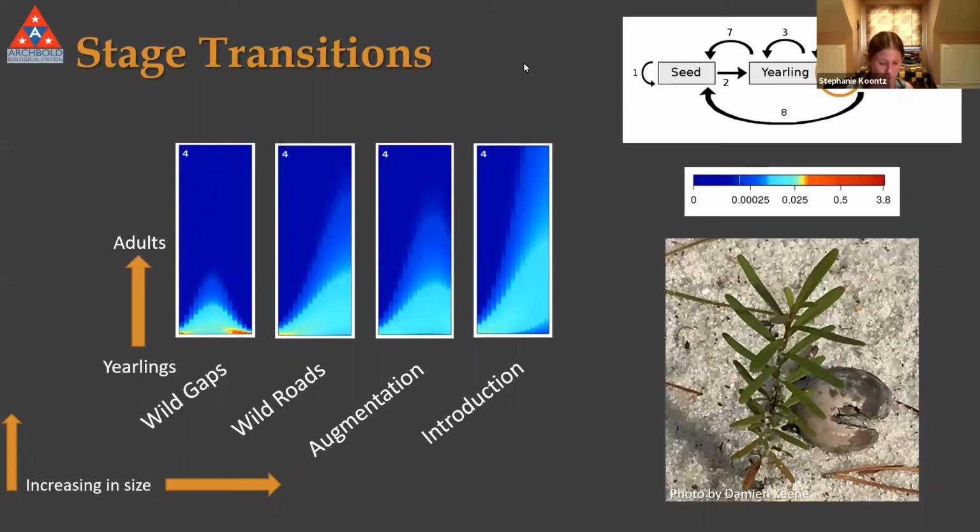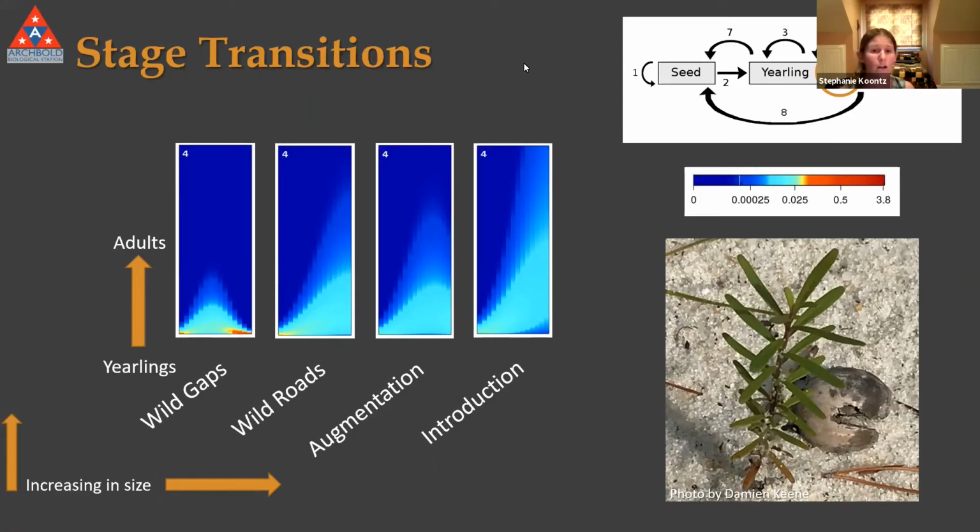We also then have yearlings that can survive and turn into adults. And here we also have, like I mentioned, an increasing size component. So everything on the left are really small yearlings producing that size adult. And as you move to the right, you get larger and larger yearlings. And what we see is there tends to be a general trend of larger yearlings producing subsequently larger adults,